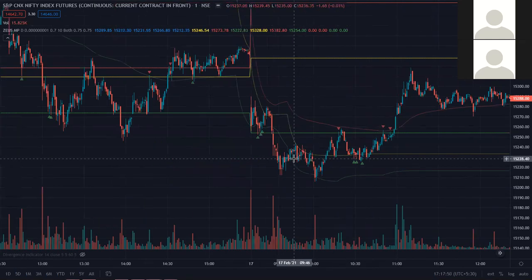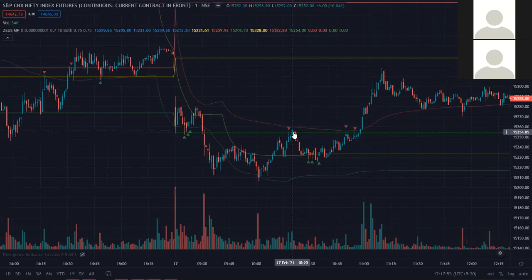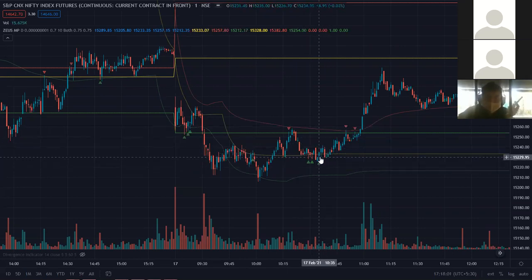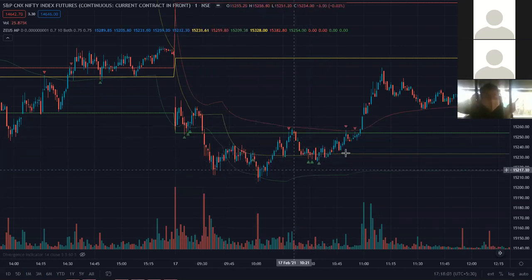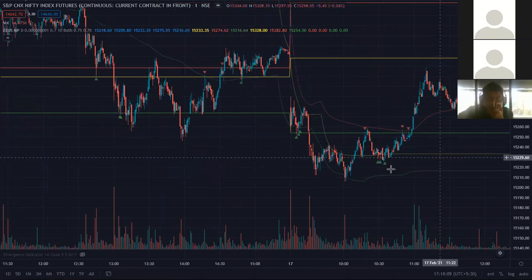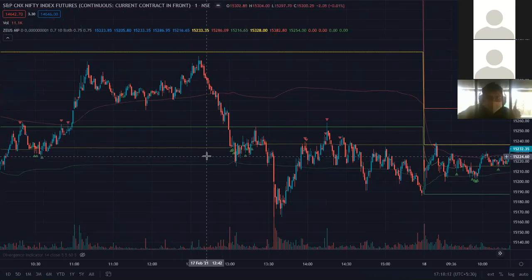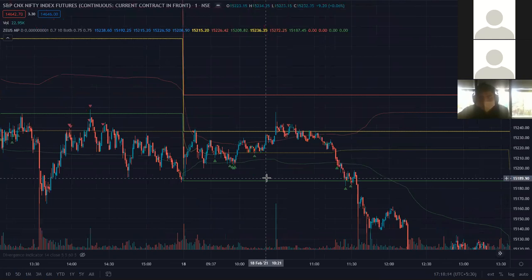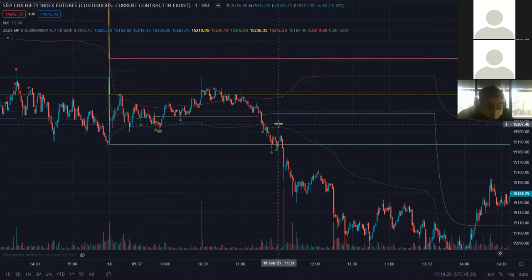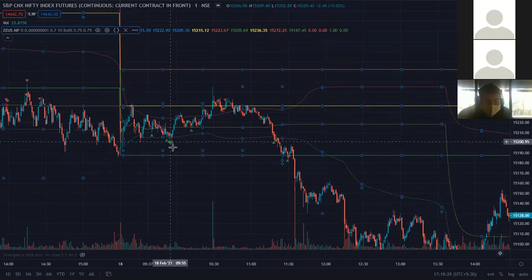So you cannot just blindly take every trade. Now, this trade was fine, which is worthy of taking. But this level has been tested once. You know that Nifty has made a higher low, a higher low, and it's somewhat taking support in this region. You cannot keep expecting the same level to hold numerous times, especially when the market is this narrow. So you have to always see the bigger picture. But if you see a lot of these grouping around at the same time, it is a good sign. But you have to always pay attention to the bigger picture.